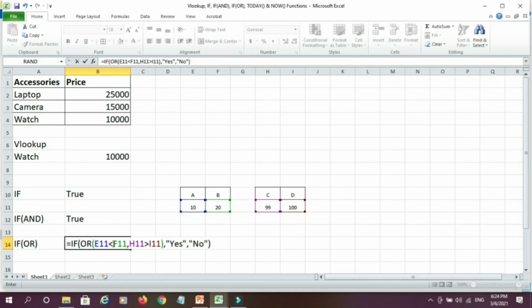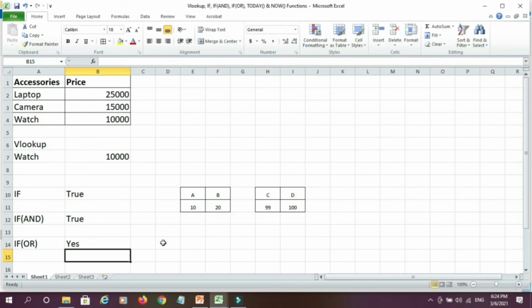So I am testing whether 10 is less than 20, which is naturally true, and I am testing 99 is greater than 100, which is false. So one of the conditions is false. Let's see the result. I'll press enter. It is returning yes. That means if any of the condition is satisfied or both the conditions are satisfied, then we are getting true or yes value. This is our if function combined with OR.